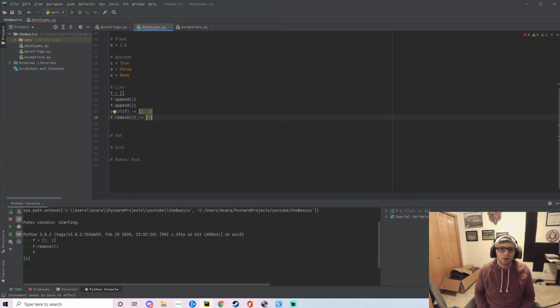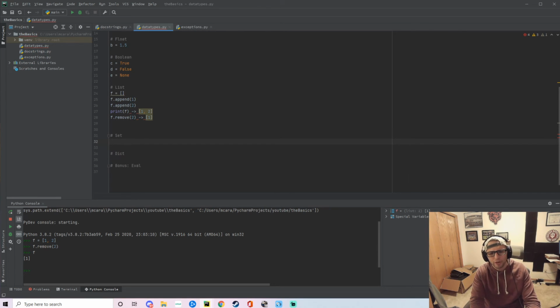It's an object. So whenever you do append, it's updating the state of the object with that attribute having 1 filling the stack there. And so when I do the dot remove, it removes the 2. What the remove does is it looks for elements that have this value here and then removes them. It is worth noting that it is only going to remove the first one that it comes across. So a lot of the times, if you have multiple of these, you'll actually have to put them in a while loop, while 2 in this list, f.remove 2. If there's a better way of doing it, again, I strongly encourage you to put it down in the comments. It would save me a world of hurt. I've never had to look it up.